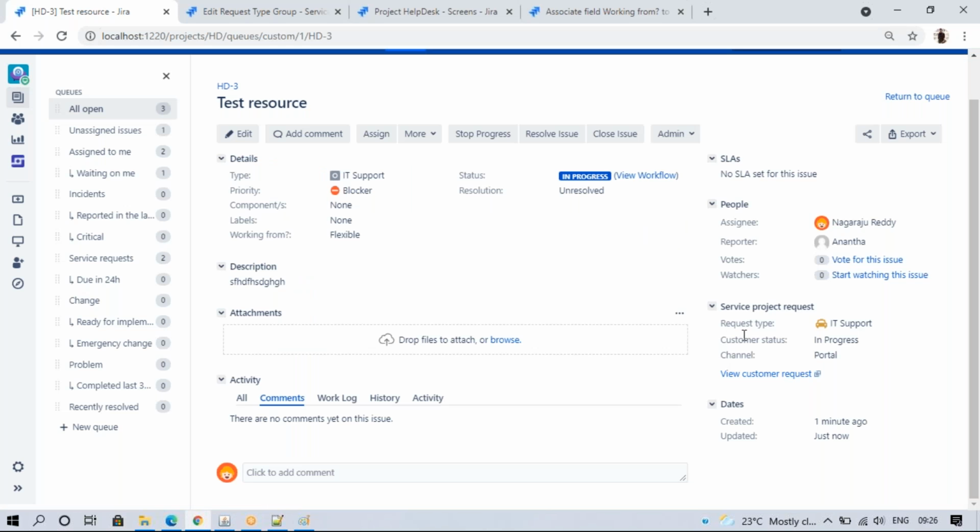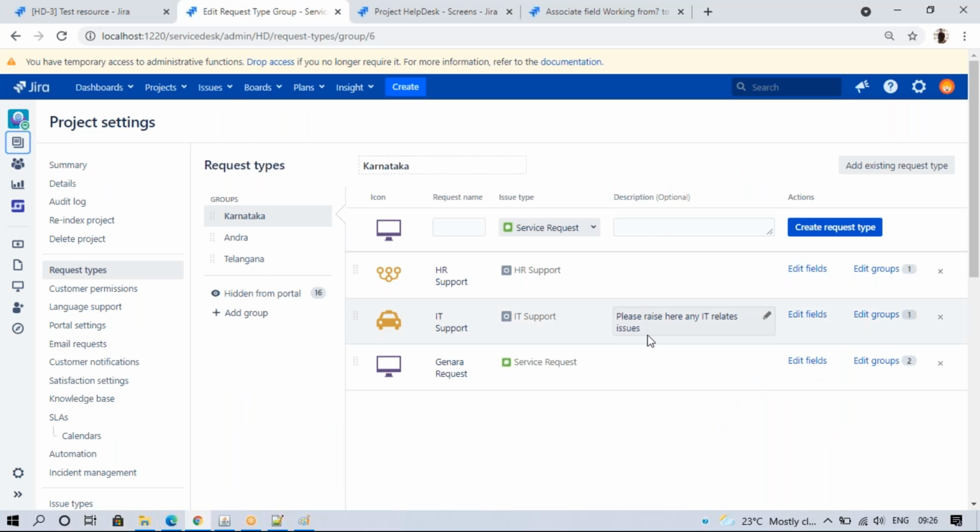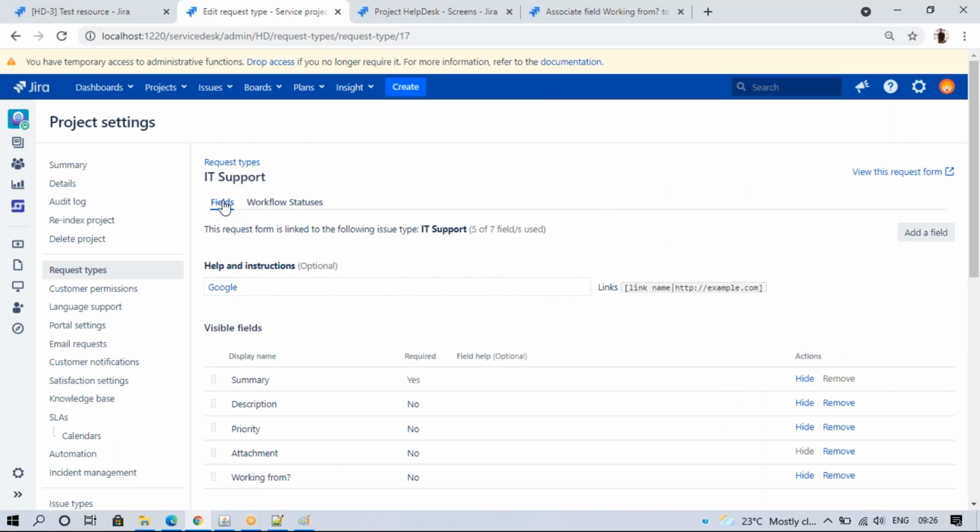Why is this customer status being asked? Already I have in progress here, so the same will be there. Because in IT support, when you click on it, we have fields. Sorry, I forgot to mention one thing.